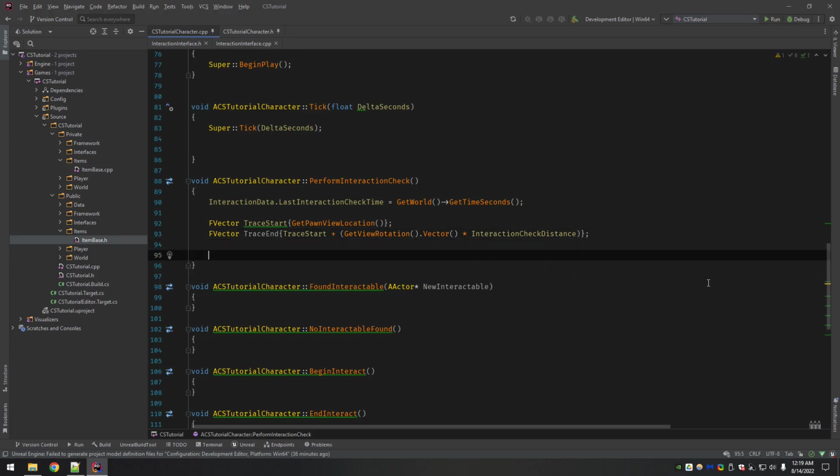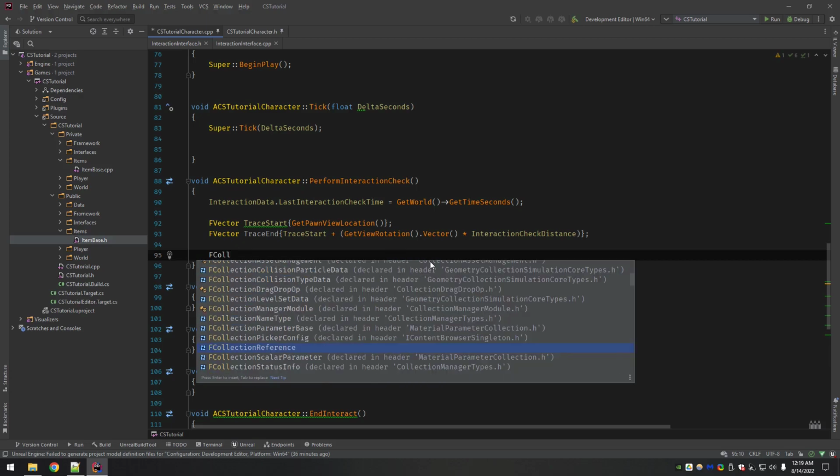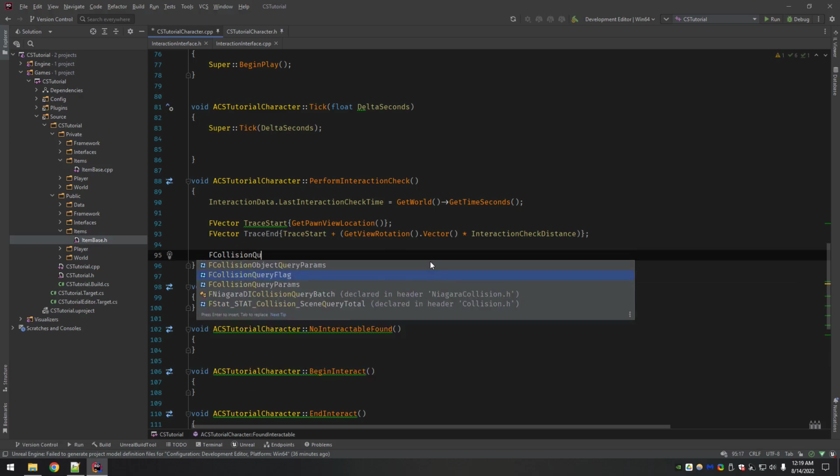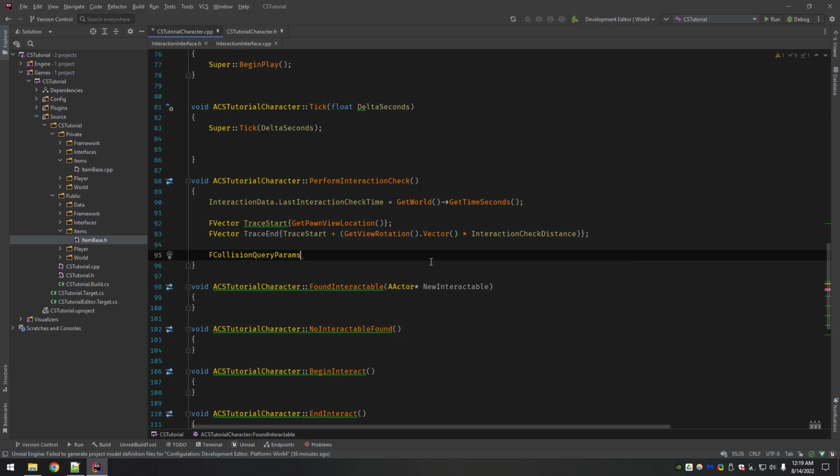So we've got our two traces. Now we can go ahead and get ready to do the line trace itself. To set up a line trace, you need to create an FCollisionQueryParams.